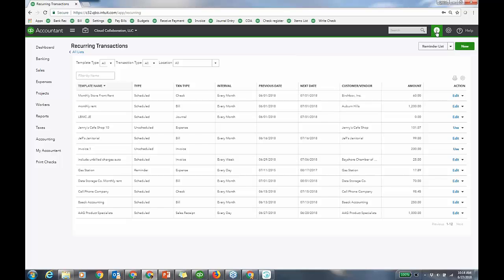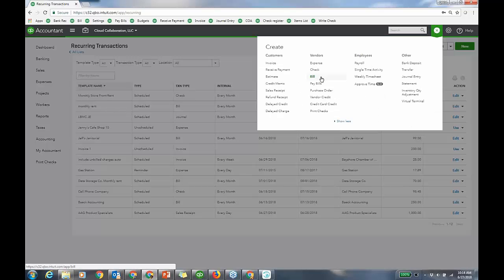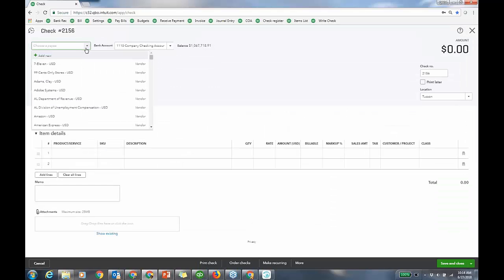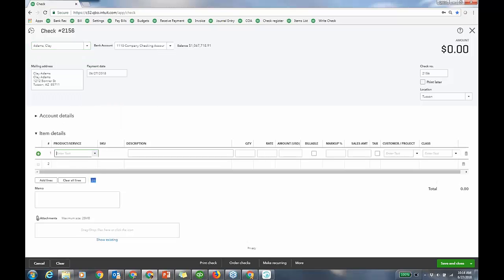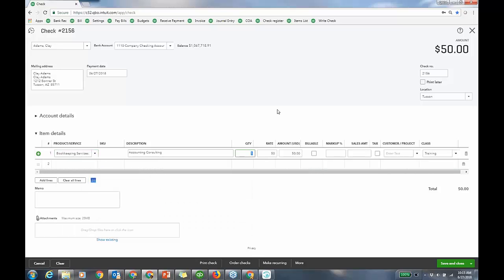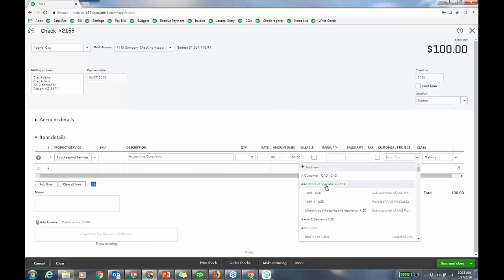Now, real quick, pass-through time and expense. What this means, and let's just go to a check because we were writing a check in desktop, so it makes it relatable. Let's just say we were paying Adams Clay for some work. Again, item details, account details, see? Essentials and Simple Start is just going to have the tab there, this opens up item details and gives me the ability to make it billable, customer project, right, tag that. So I'm going to do accounting consulting, let's say it was 2 hours, and we're going to tag it to this particular